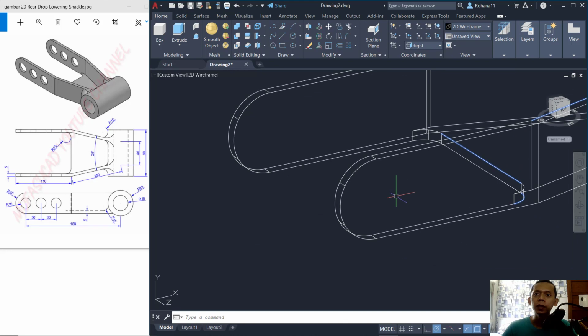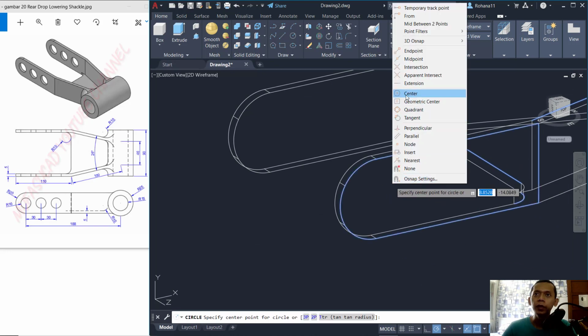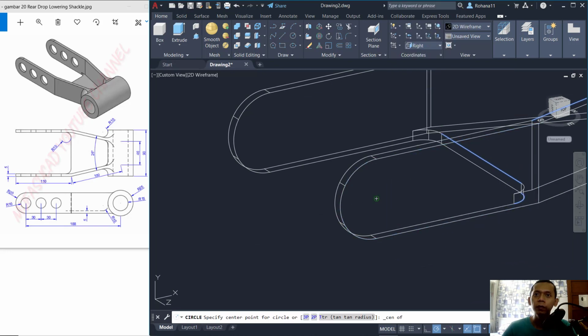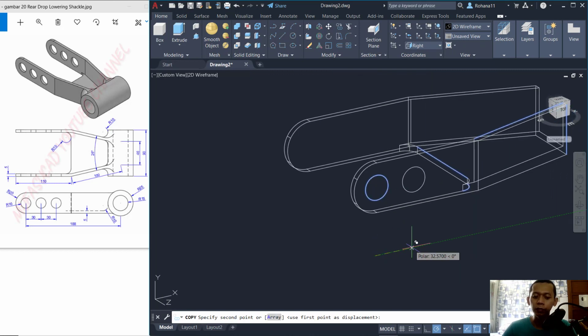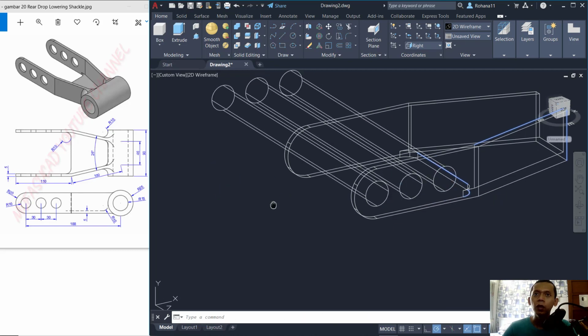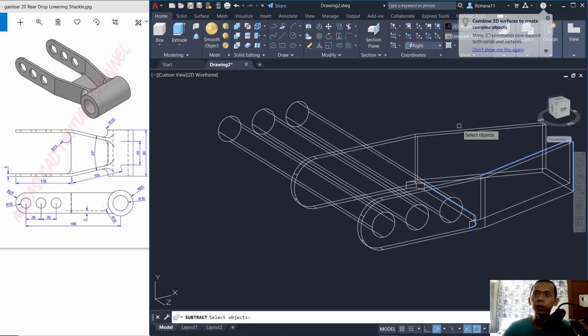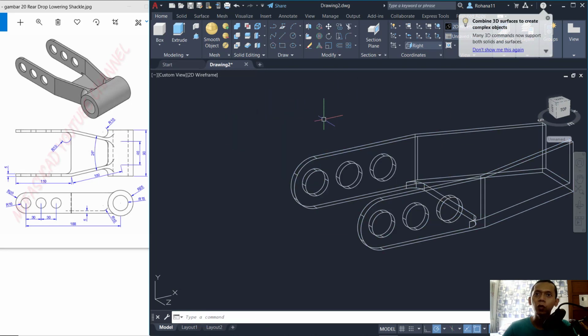Now we can create a circle from the center point. Okay, select from this point. I will set the radius to 10, and you can copy this circle object in the X direction. You can set 30 and copy again 60. The next we can use the extrude command to extrude these 3 circle objects into here. Now you can use the subtract command to subtract this object with these 3 cylinder objects, so it will be